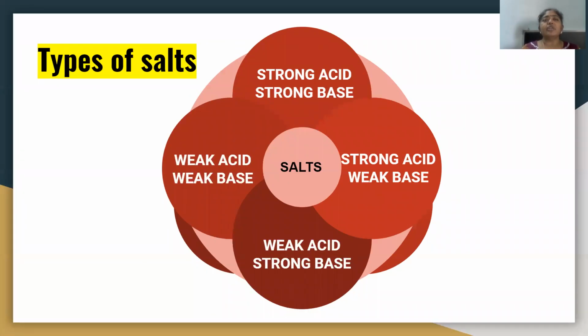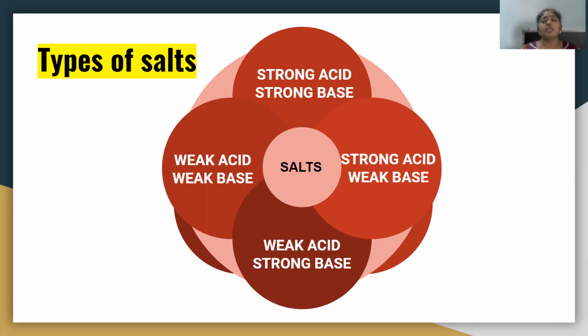Basically, there are four types of salts. You can classify the salts on the basis of which type of acid and base have reacted together to form the salt. Because what is salt? Salt is nothing but the product which is obtained when an acid and a base react with each other, right? So depending on which acid and base have gone into the formation of this salt, you can have four types